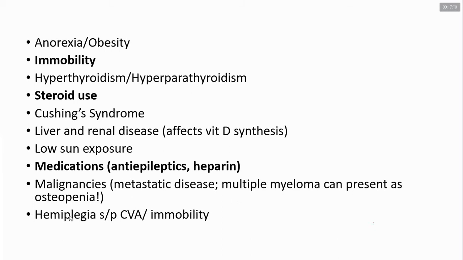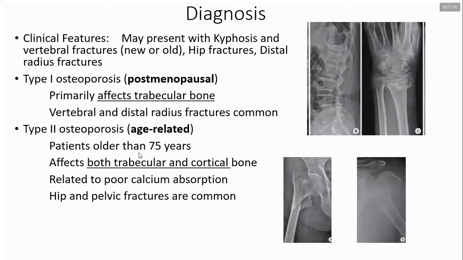Okay, so this is again an example of immobility, a long-term bedridden patient developing osteoporosis. So how do you diagnose? It is usually silent unless the patient presents with some fractures or anything. But then